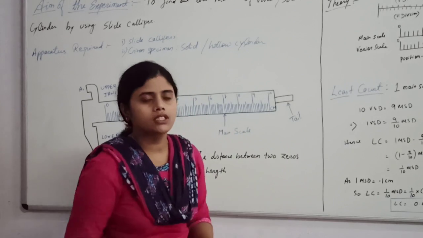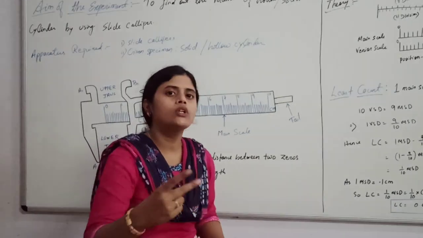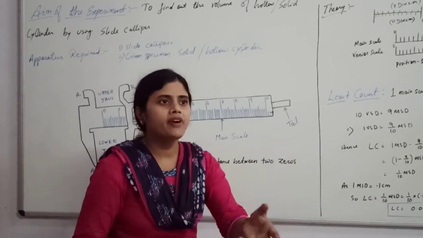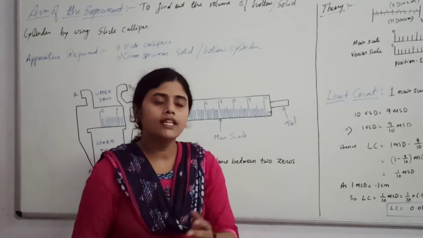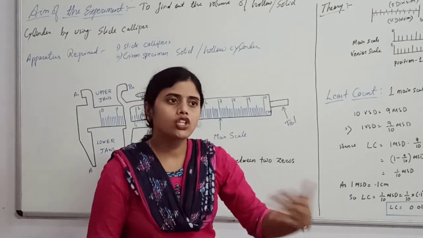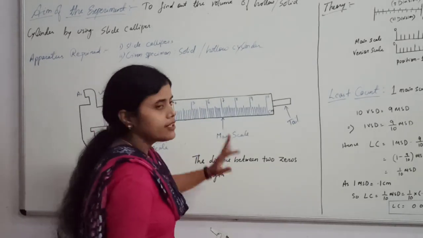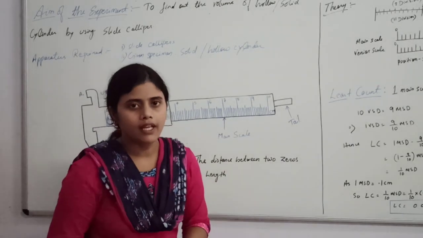So it will give us a reading which is corrected up to 2 decimal places. Means you will get a reading like 4.57, 4.77. This means you will get the reading up to 2 decimal places. Okay. So this is the reason why we need this. Second question is how we will measure the length.